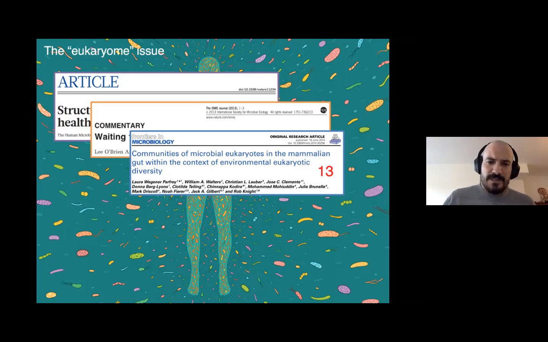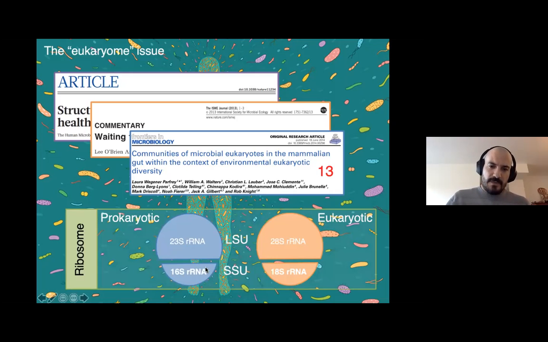Well, the reason is that, as I mentioned before, we use 16S as a barcode to study bacterial communities in the environment, host-associated or free-living, and we use 18S to study microeukaryotic communities, and it has been used for a long time in free-living environments successfully. But the problem in host-associated environments like animals is that animals are also eukaryotes, and animals also contain the 18S. So when you look at your samples, most of the signal you retrieve corresponds to the host. So you don't see the microorganisms living within the host.